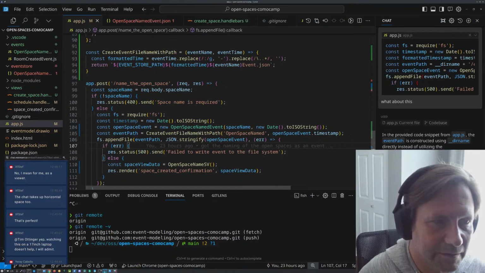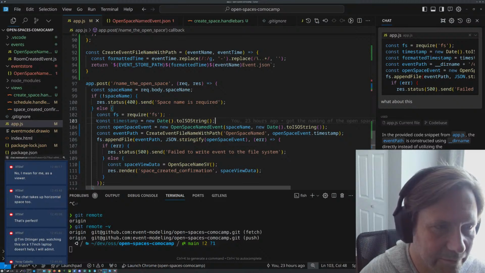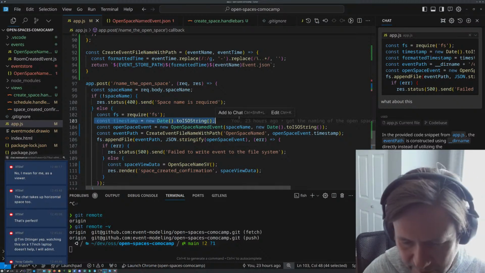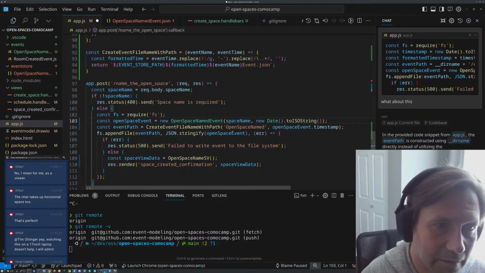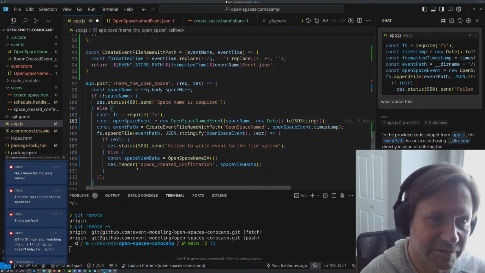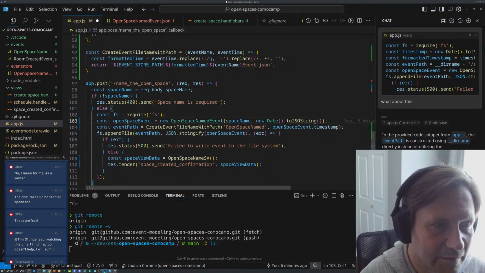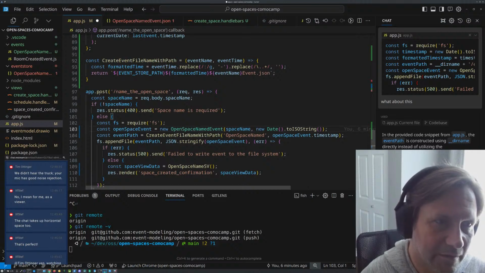So this repeated code. Okay, we don't need a timestamp now because we got rid of that. Append file. I think we want this extracted as a method as well.